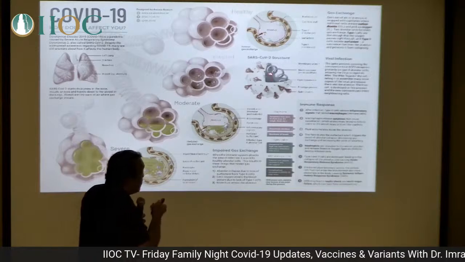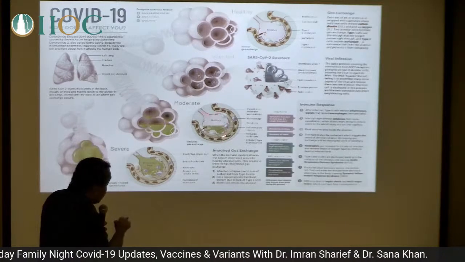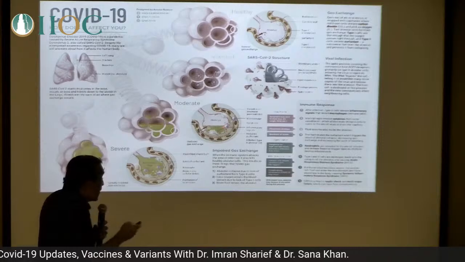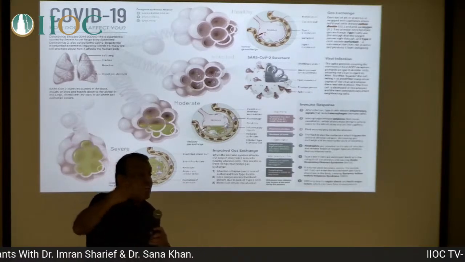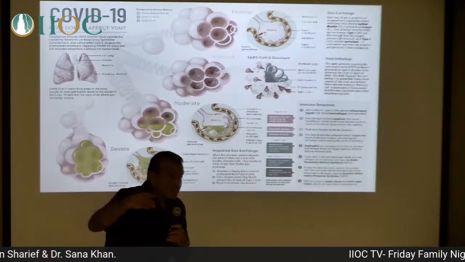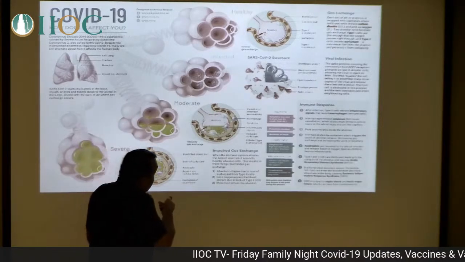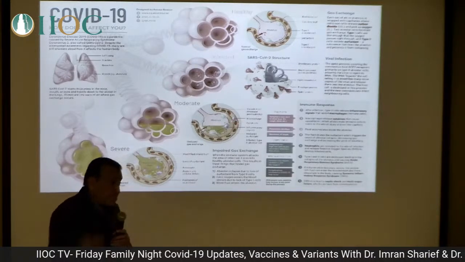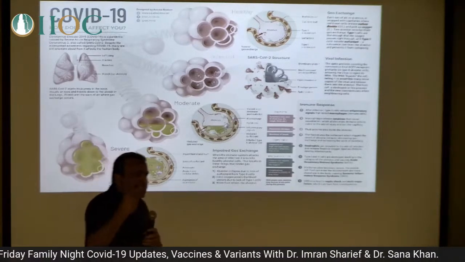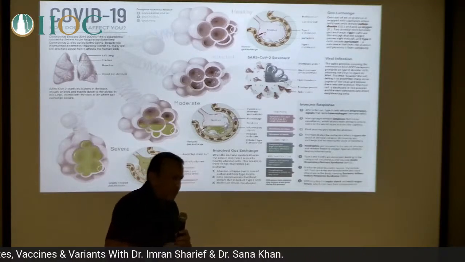So what happens when this cell is infected? As this cell is infected, the sac cries out for help to the body: help me, I have a foreign agent that's attacking me. So the body responds and has these defense cells called macrophages. These macrophages come to say, okay, where is the evil outside invader? I'm going to eat it up.